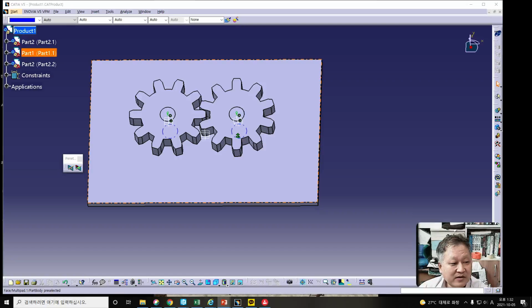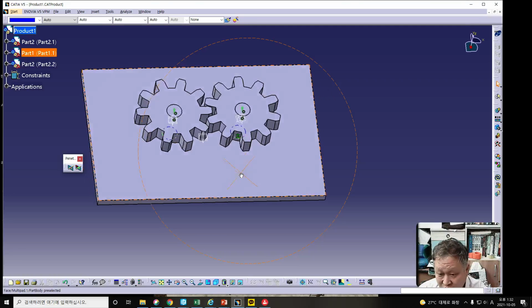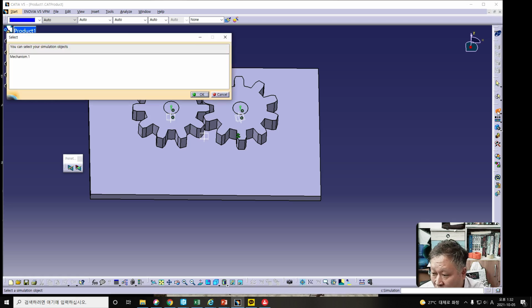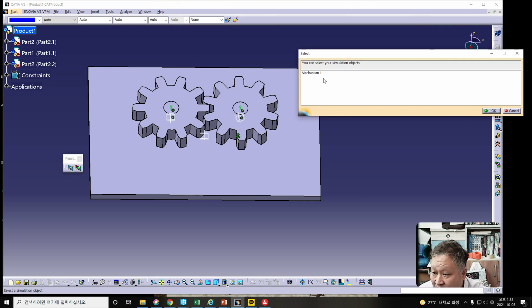Hello everyone. Today I will talk about kinematic simulation once again. In last class we assembled this kind of shape including two gears like this. This time we should operate it with this button. The button name is the simulation button, and if you click this one, then the mechanism can be shown